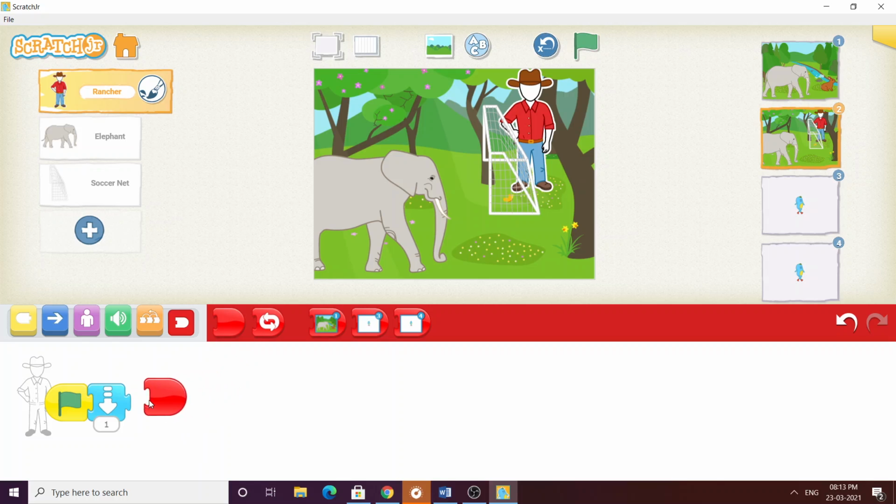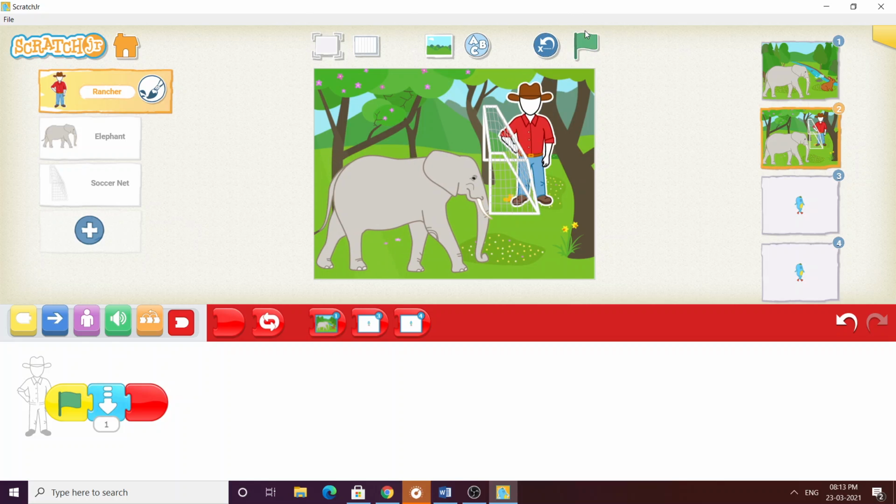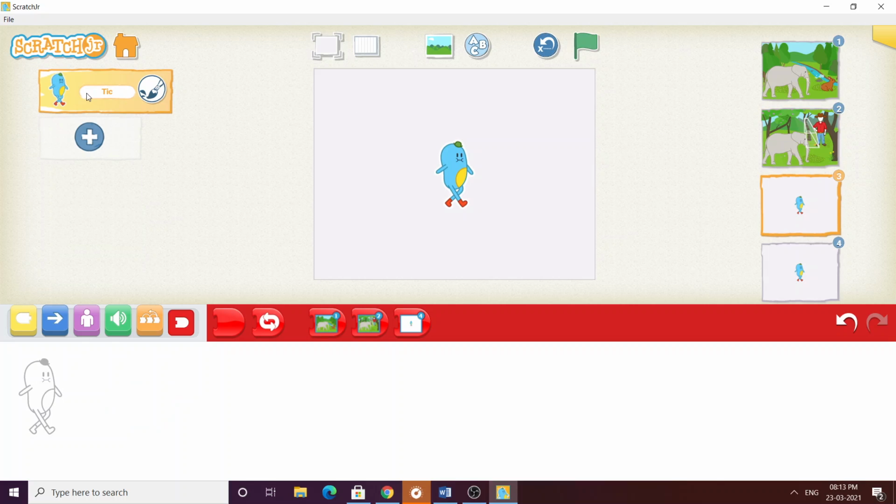And I'll drag this end card. That's all. So when I execute this scene, we can see that he had put this nest over the elephant and he had trapped. He has created a trap for an elephant. So in the next scene,